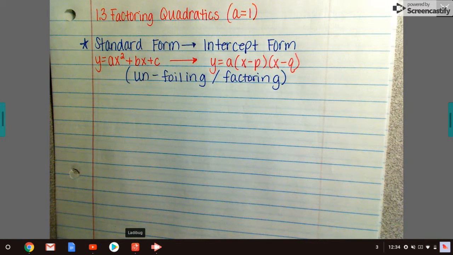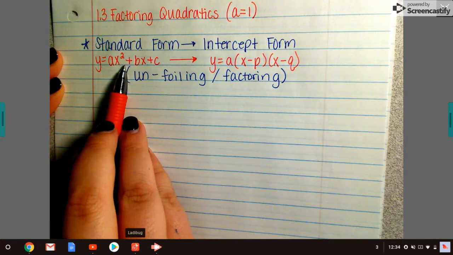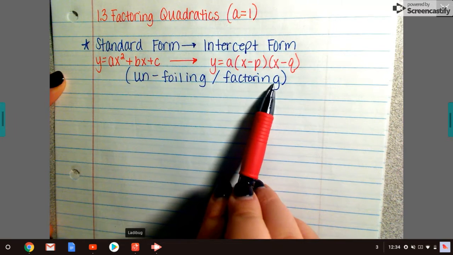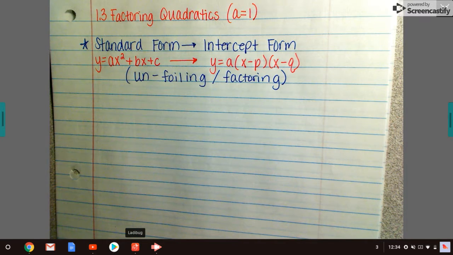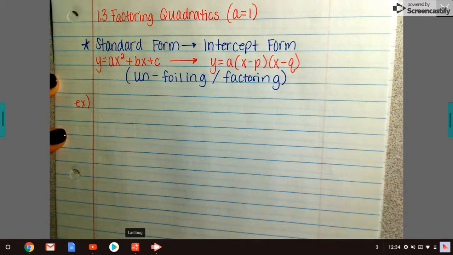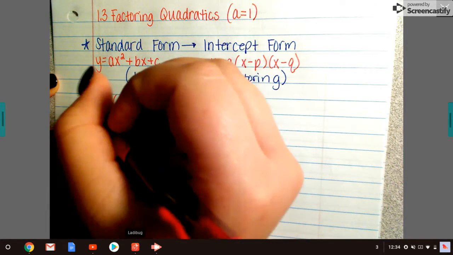Let's think about an example that starts off in intercept form and go backwards to standard form for a minute, and then we'll be able to come up with steps on how to unfoil or to factor. Factor is the more formal word. Unfoiling is kind of the setup of what we'll do. So let's start with an example in intercept form, so we can think through how we got what we got. If I had y equals the quantity x minus 3,